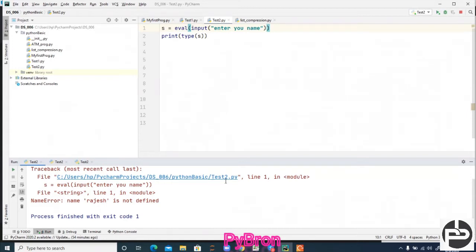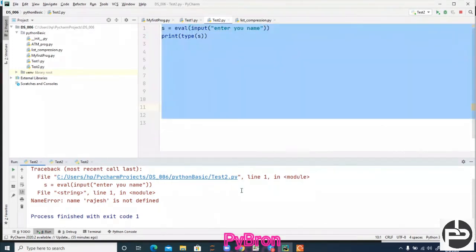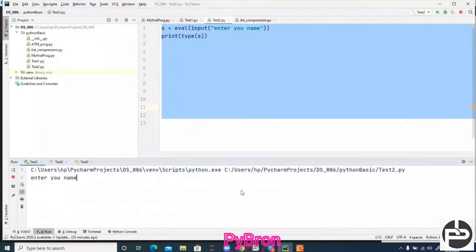Name error, Rajesh is not defined. Got it. It means if you are passing a string, you have to give it in double quotes. If the user is passing a number, then also it is taking it.